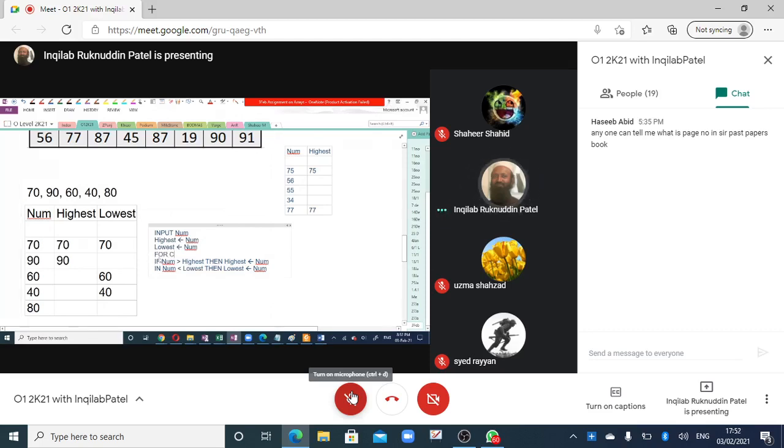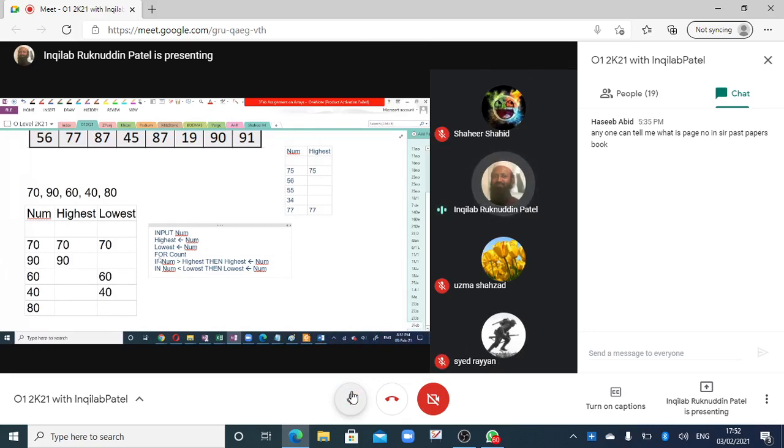So for count. Now how many times should this loop be executed? 5 times. Are you sure that it should be 5?